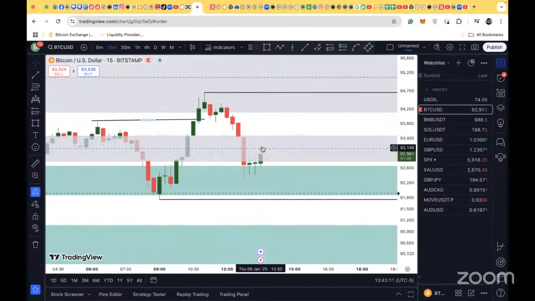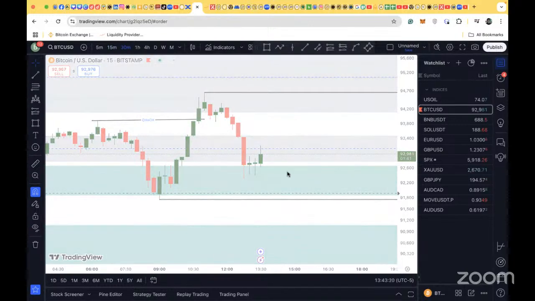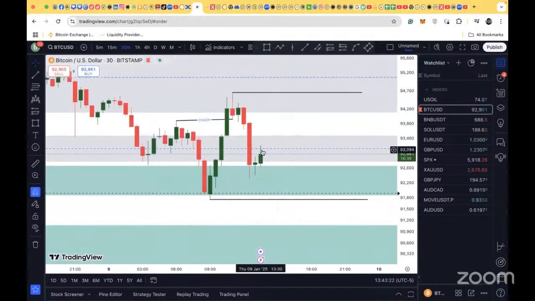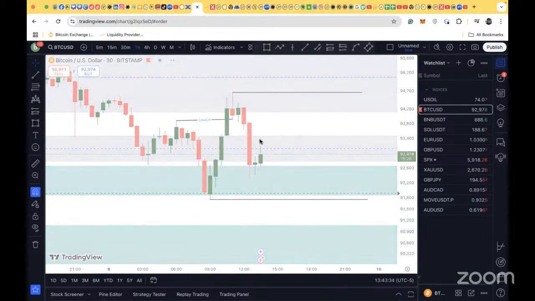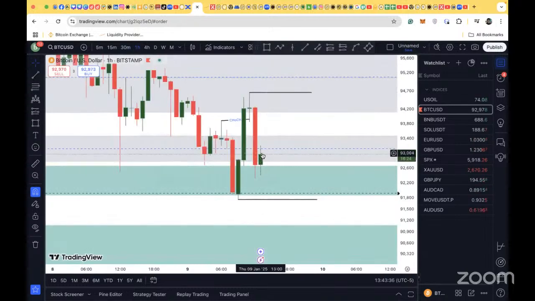But we need to see a push of a green candle. It's very important we see that push. If we see it on M15, it's a good sign, but we need to see it also on M30 to give us that feeling that we are going up. Because don't forget that this is a bearish push to this side. So if we have a strong time frame, M30 closing bullish, it means that we have a high hope that this push of 1 hour time frame can go high